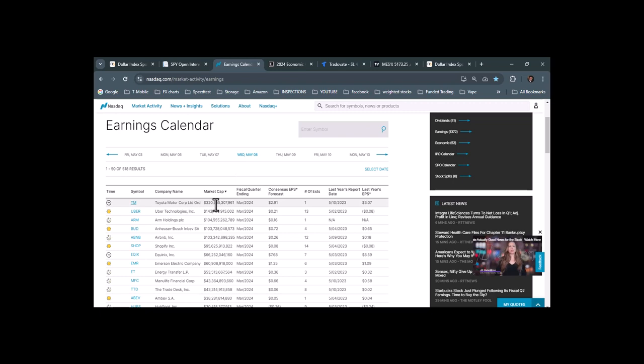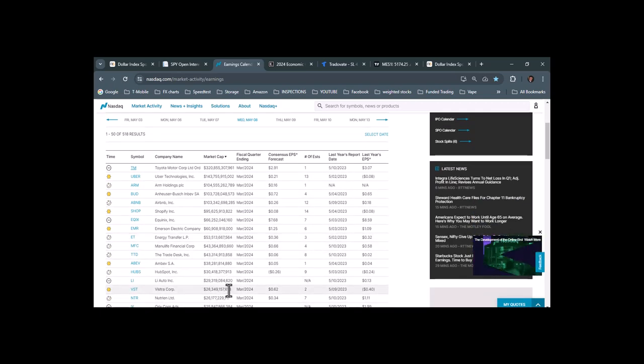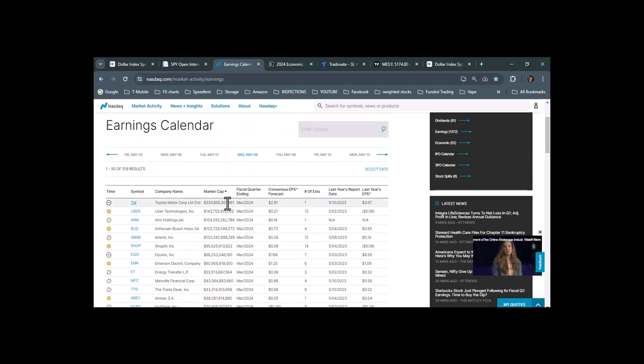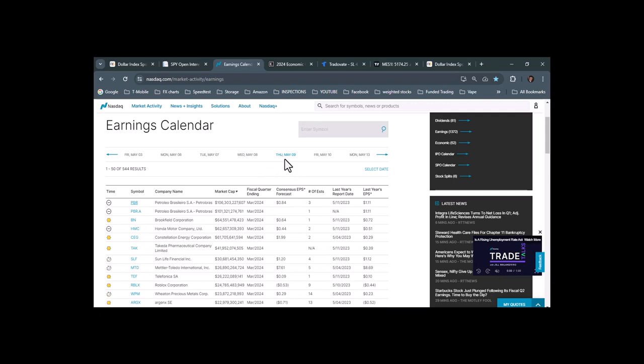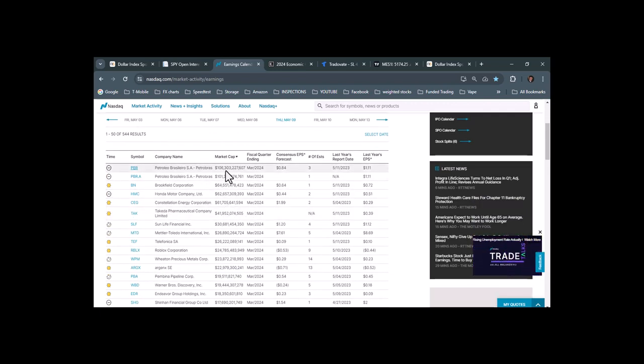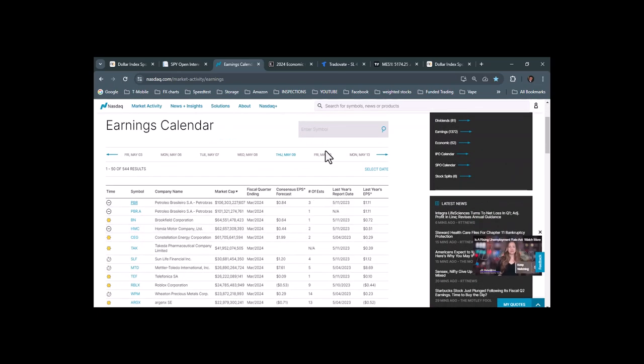On Wednesday, Toyota Motor is going to report, if they can find their P&L, $320 billion. Uber, $143 billion. ARM Holdings, $104 billion. Budweiser's going to report $103. Airbnb, $103. Nothing really is going to rip the market in one direction or the other here. Just some familiar names, but nothing that's really going to change the direction of the market, which looks to me like it's going to be sideways. Thursday, Petrobras is going to report, if they can find their P&Ls, and another light day for earnings on